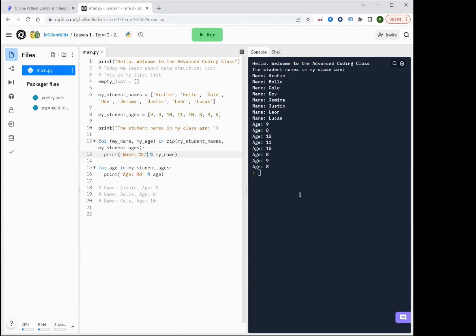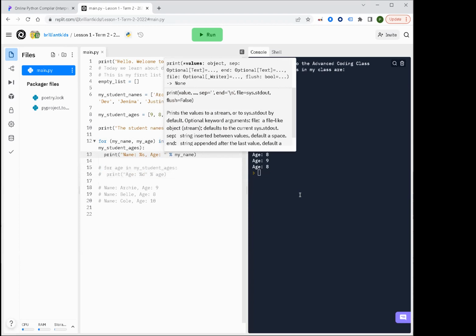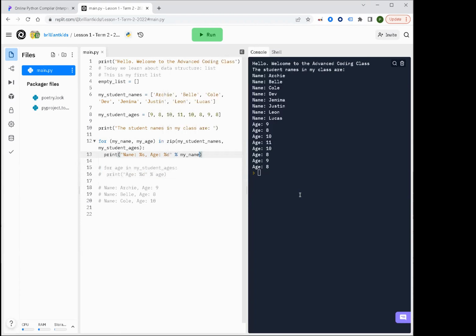Name. So we combine them. So we want to comment this one now because we don't want Python to do name, and then we want to do comma I, my name